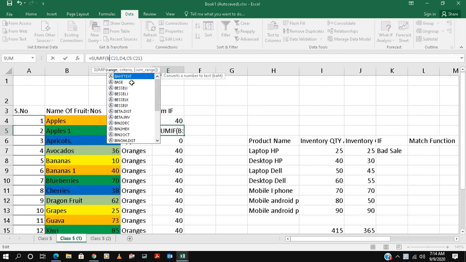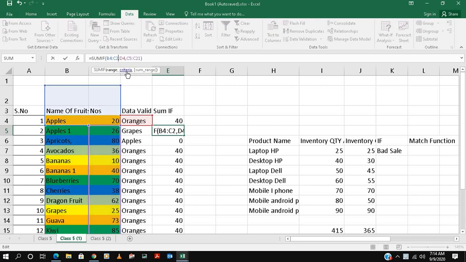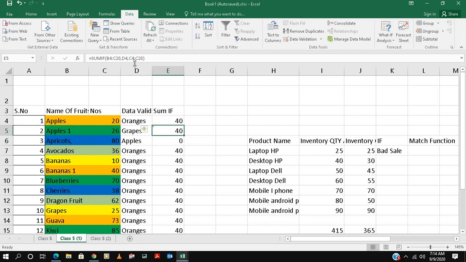But again, if you put C4 and C20 here, and here also C4 and C20, it will take correctly. It is D4 now. Yes. Now you just check. B4, B20. The formula is correct, but it is showing a different formula area from the spreadsheet.